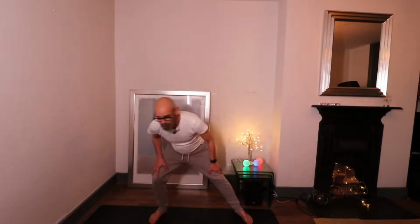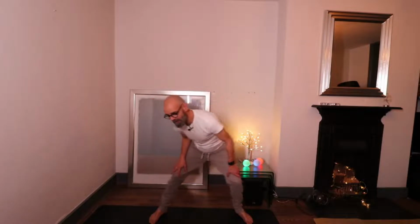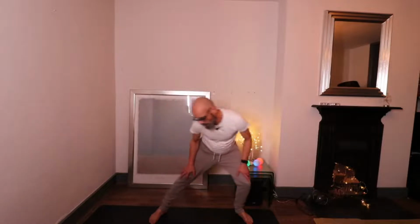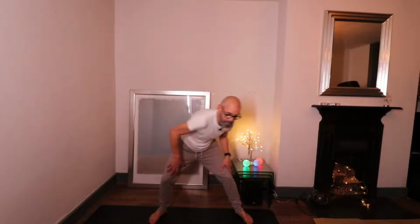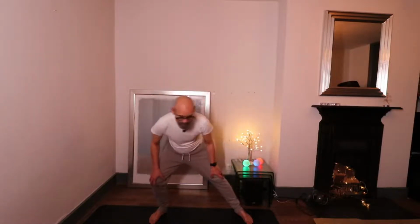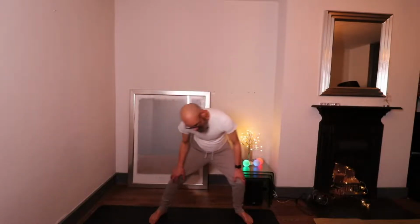So this is called Move Your Body Like a River. So you get that strength through the legs, but you just get that flow movement through the upper body. And you'll feel it work in the rib cage. The rib cage is rotating, moving around. Just breathing easy in and out through the nose. You can go slower, you can go a little bit faster. And then you can come up,